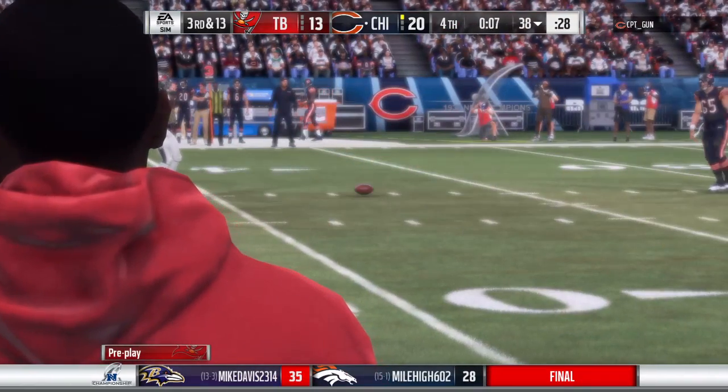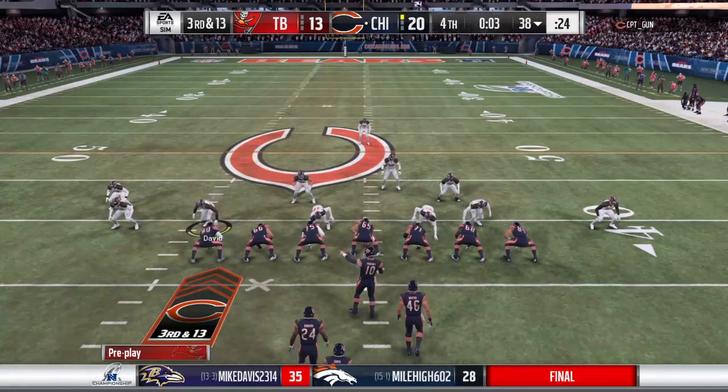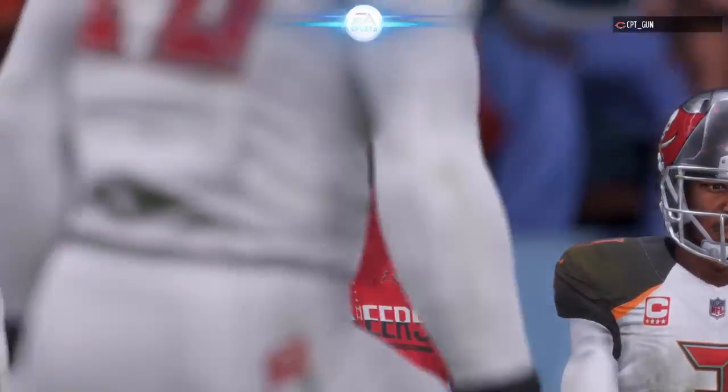The Bears on third down, not quite 50%, 4 for 9. This is going to be 3rd and 13. So, Charles,